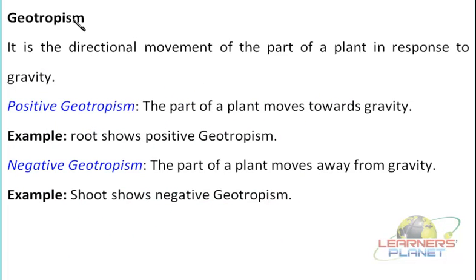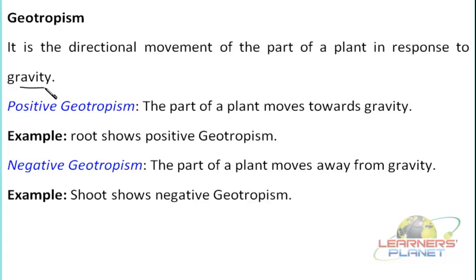Well, the next type of tropism is geotropism. So geo, the word itself means what? Earth. And how is the earth serving as a source of stimulus? It is because of gravity. What is gravity? It is a force of attraction shown by the earth, isn't it? And that you have been studying for a long time in your physics subject. So basically gravity tends to attract things towards the earth, right?